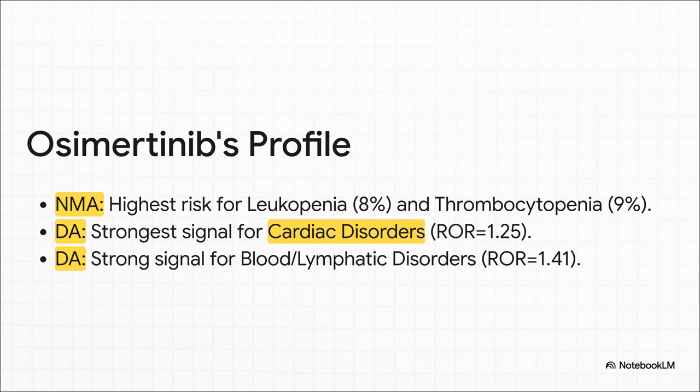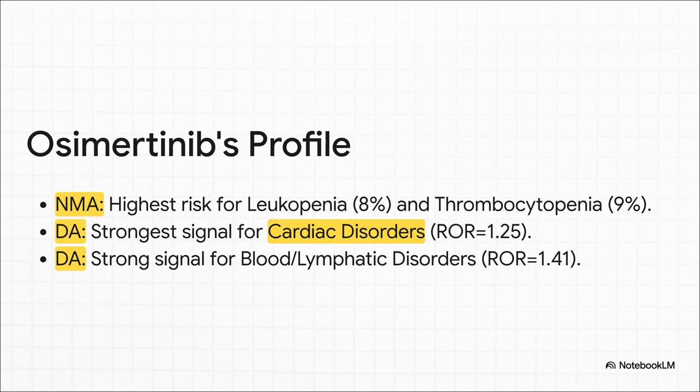You look at the trial data from the EMA, and it flags exactly what you'd probably expect. Hematologic toxicity, right? Highest rates of leukopenia and thrombocytopenia. But then you look at the massive real-world data, and the strongest signal that pops out is for cardiac disorders. And that is such a critical finding, a signal that you really only see when you look at this kind